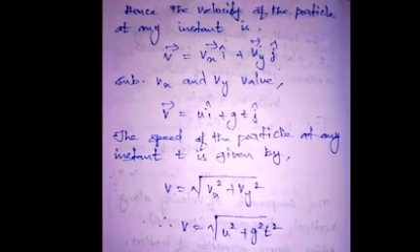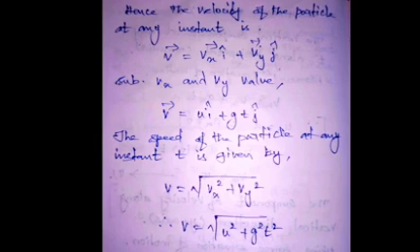Students, now we are going to calculate the velocity. Using the velocity formula, we have to add the sum of the resolving components in x-axis and y-axis. Now v vector is equal to v of x into i cap plus v of y into j cap. Substitute the v of x value and v of y value, which we derived earlier. Therefore v vector equals u i cap plus g t j cap. So this is the velocity of the particle at any instant t.